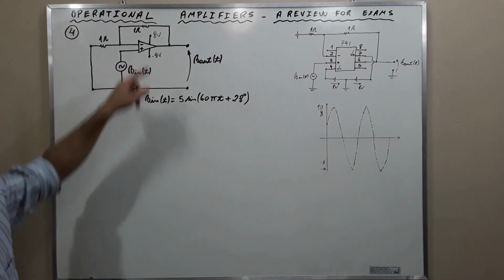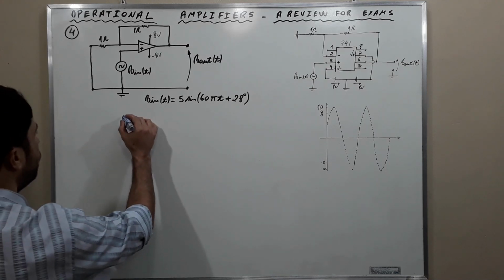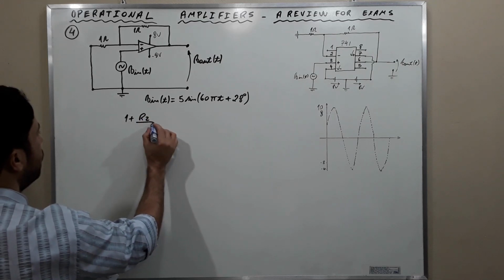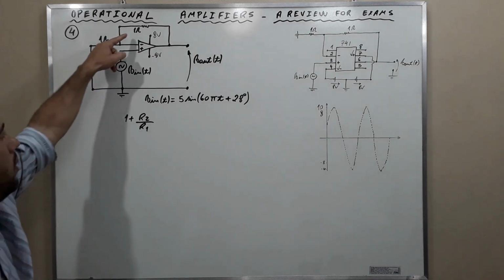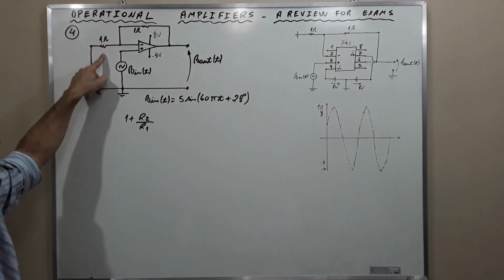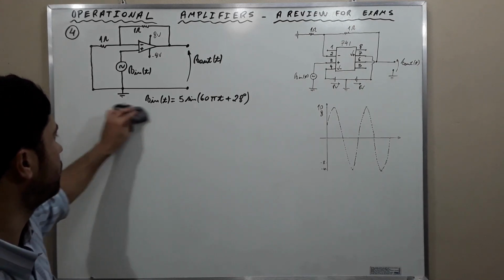Okay? Then the gain will be 1 plus R2 over R1. Where is R2? R2 is here. And R1 is here. Okay? This is the gain of the non-inverting configuration, and using the values,